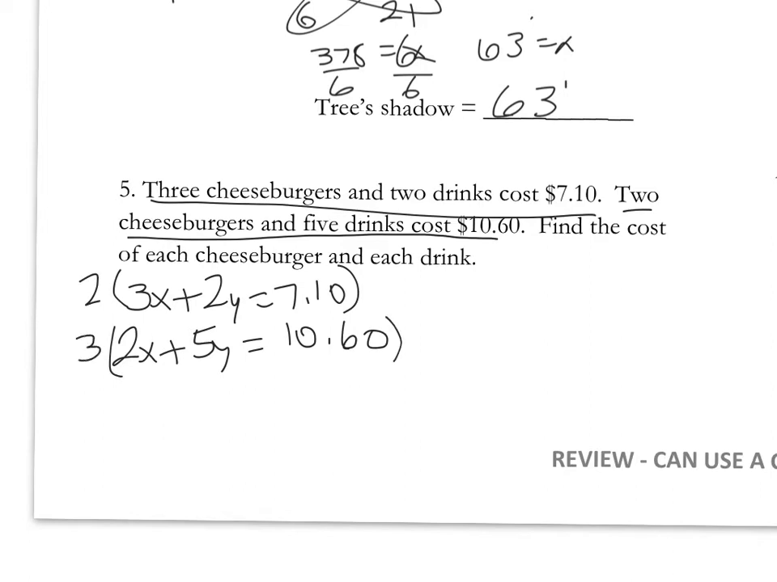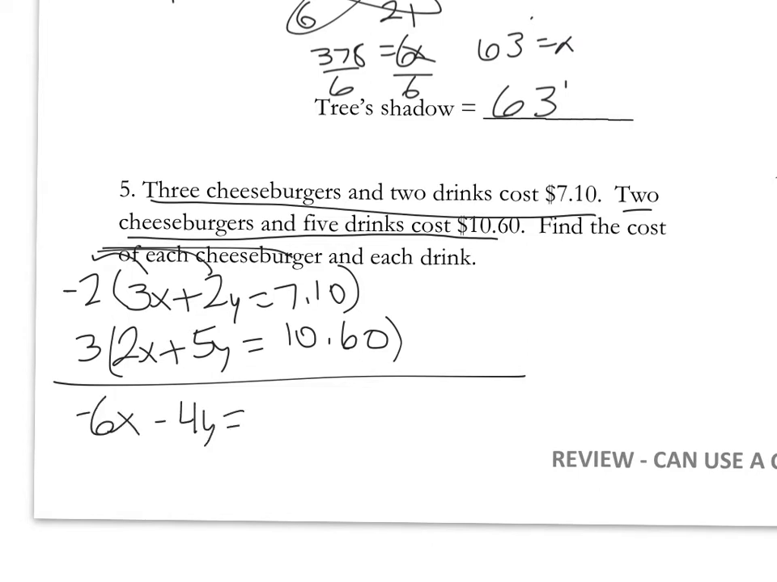then I will make them meet at the same coefficient. But remember, one's got to be positive, one's got to be negative. So I'm going to make this top one negative. So if I distribute a negative 2 to each term, I get negative 6x minus 4y equals negative 14.20. And if I distribute a 3 to each term, I get positive 6x, which we're looking for, plus 15y, that's a 5, sorry, equals